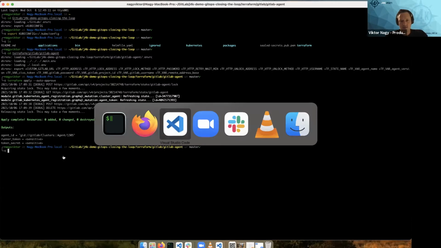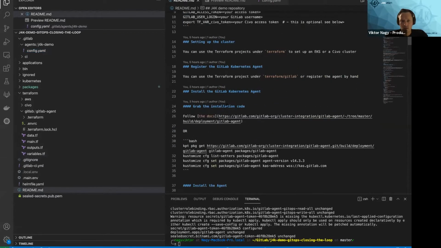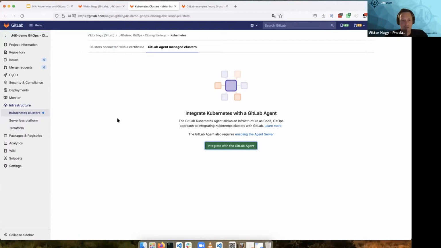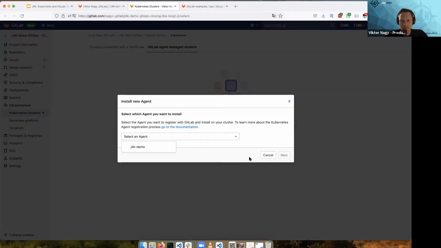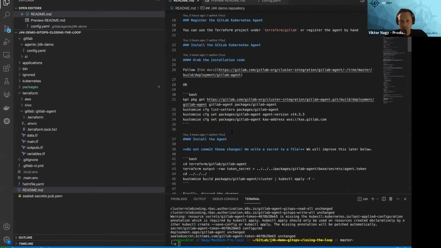So the next task we have, let's see the README. Okay, we have it registered, but it doesn't mean much. It just means that on this page, if I reload, I now, actually I should see something, but I don't see, which is weird. Anyway,